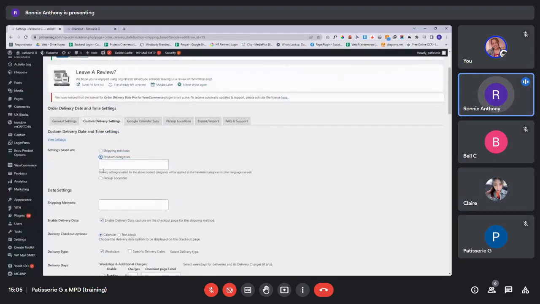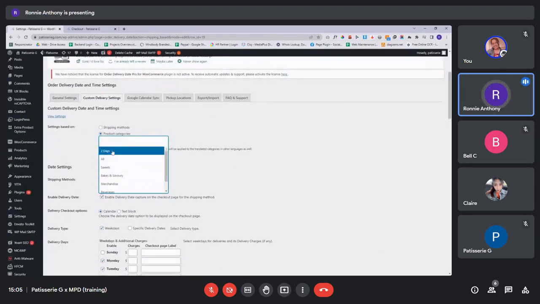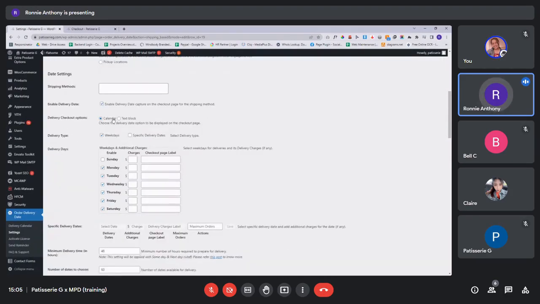Because right now we duplicated the category, here you just choose the category that you want to add in, because earlier it was 2 days and platters, so you just choose any one that applies to it. And then the setting is pretty much the same. Because you duplicated the same setting,